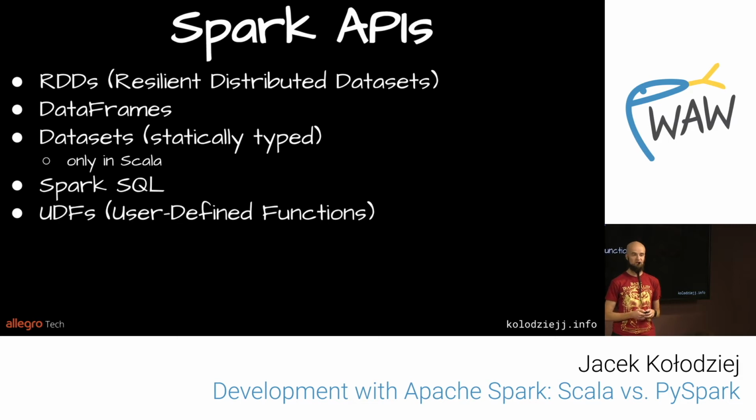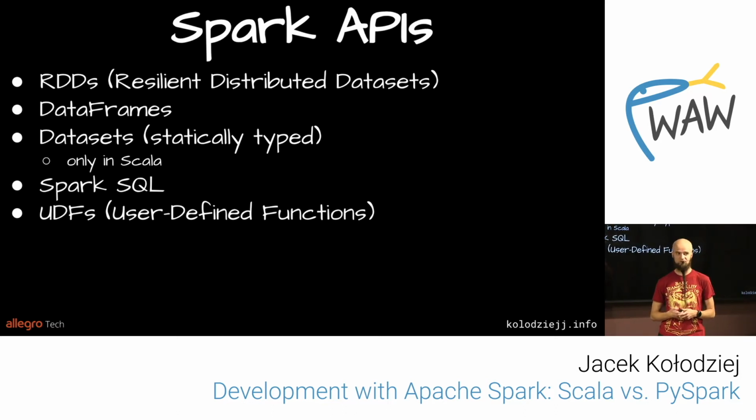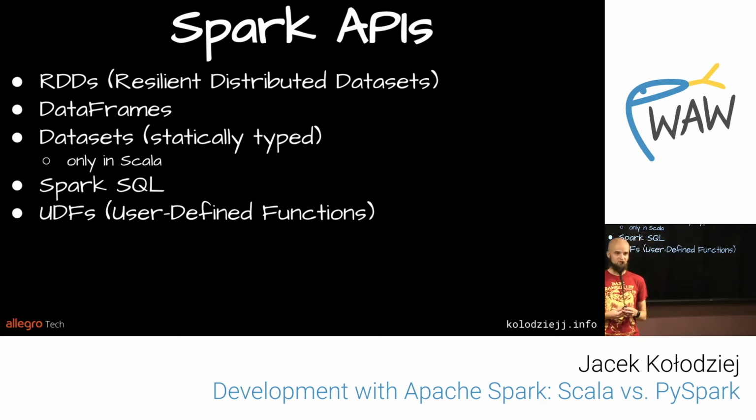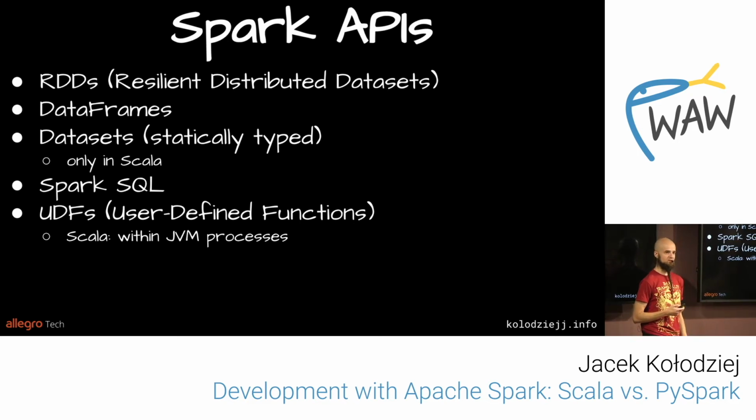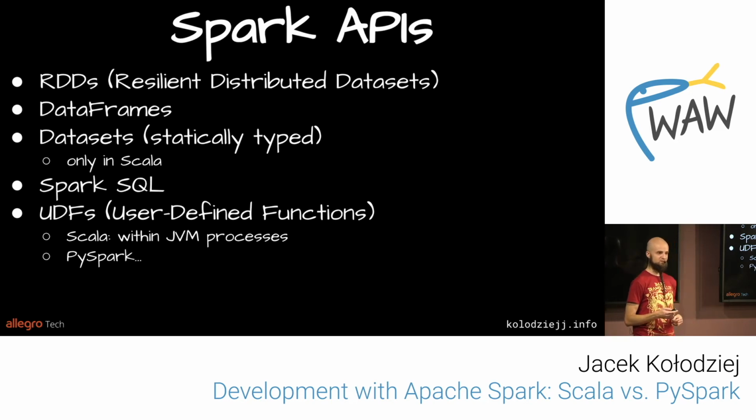can use Spark SQL. There's a tool called UDFs, user-defined functions. When above APIs are not enough for your use cases, you can create your own transformations in Python or in Scala through UDFs. And while in Scala, this is just some additional code that we are running over our data within the same JVM processes running on the same JVM objects. In Python, this is heavier,